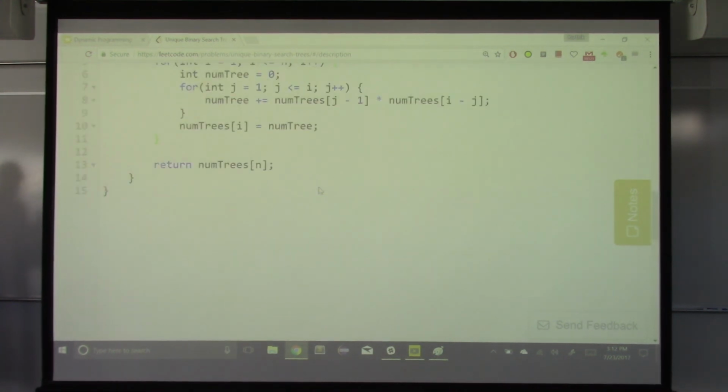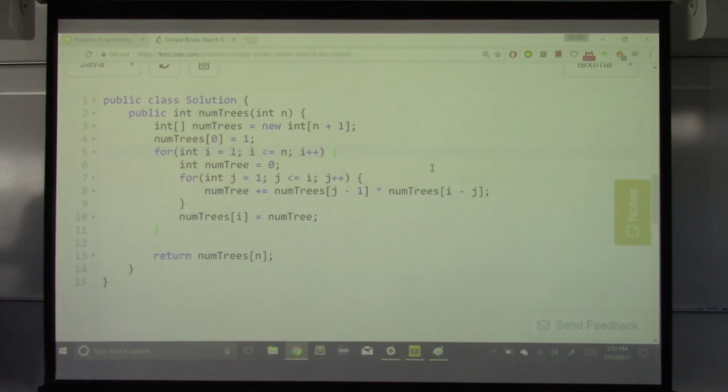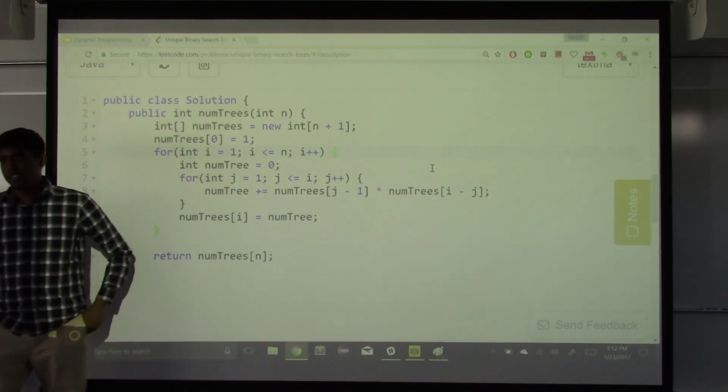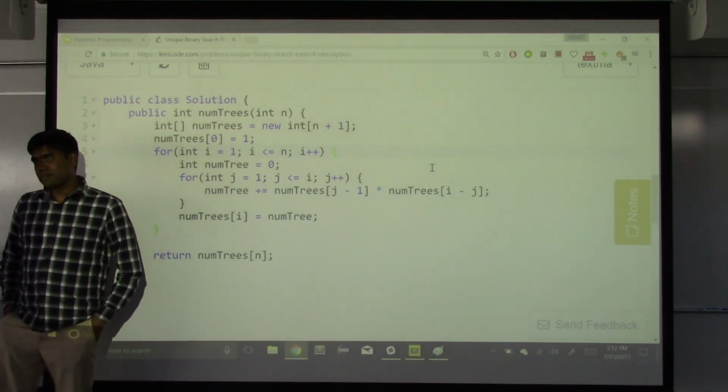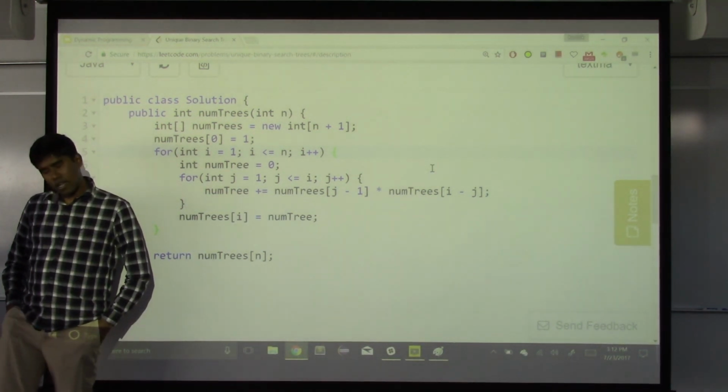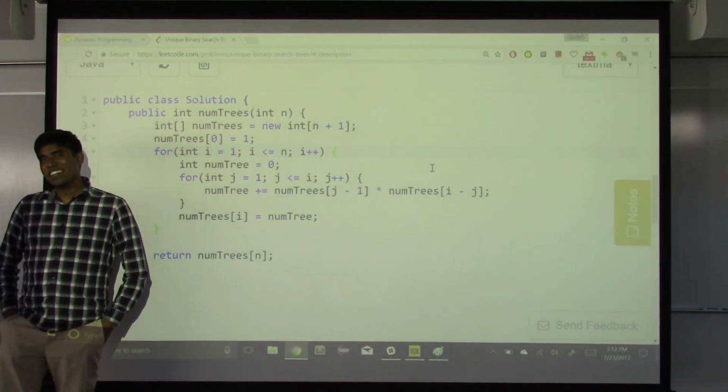And it got accepted. So my question previously was, we are assuming that the given n starts from 1 till n, so it's always kind of sorted. So what if you're given an array